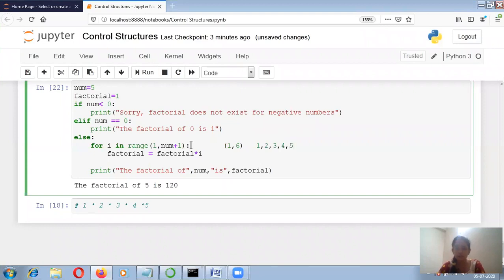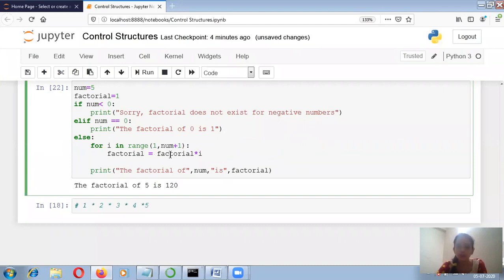If I am not writing number plus 1, then it will take the range 1 to 4, and my output will be only till 1 into 2 into 3 into 4. But I want 5 also, so I am writing number plus 1.